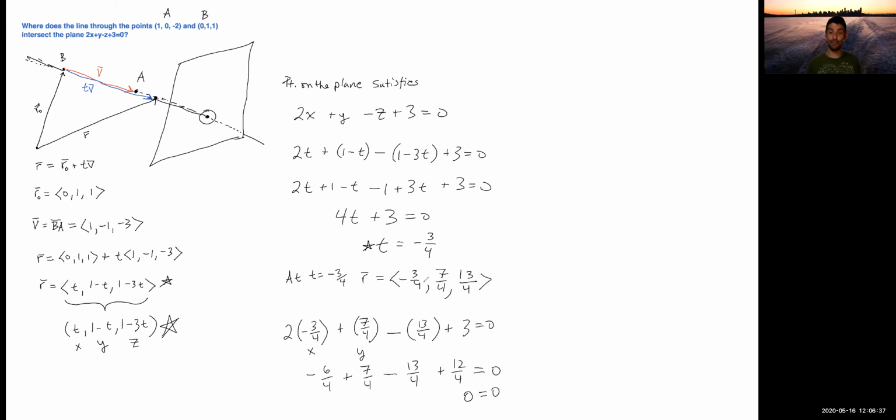So we are indeed pointing at a point that satisfies the plane equation, right? Which means pointing at a point means it's on the line, because that's what this vector function does. It points at points on the line. Satisfying the equation means it's a point on the plane, because that's what it means to be on the plane. You satisfy this equation. So let's take one last look at this